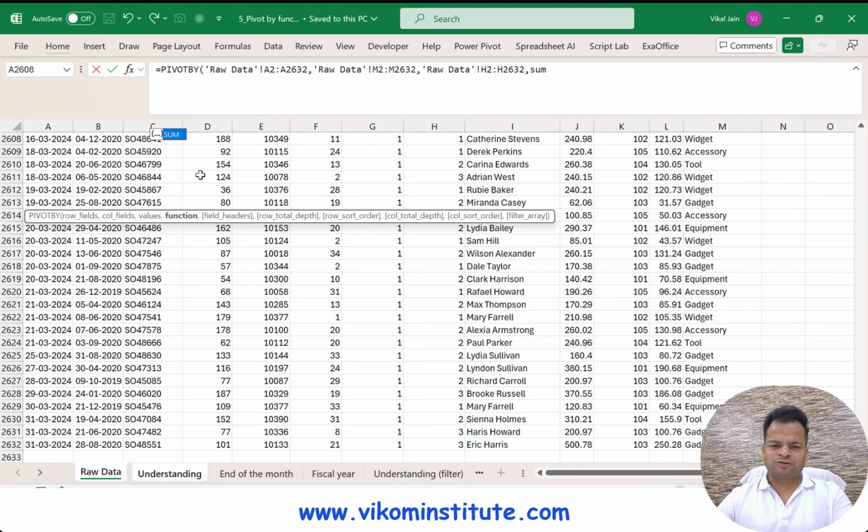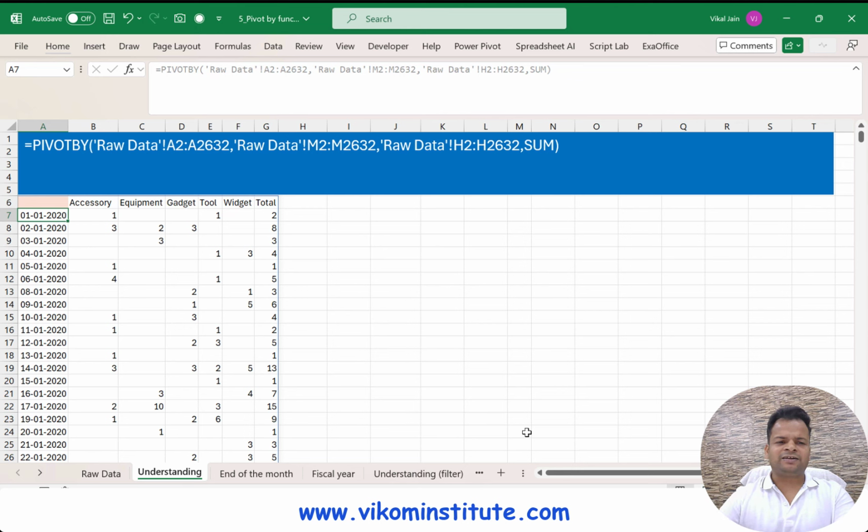We can simply use SUM and it is going to do the summation of your order quantity. So simply close the parentheses and press enter. And you will see it has created a pivot table. The pivot table will show the same result, and it is being shown by PIVOTBY.